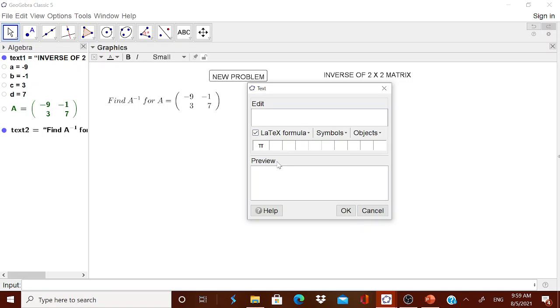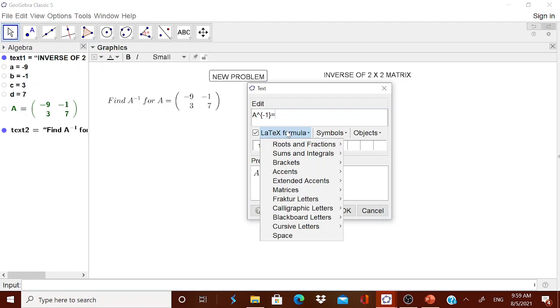Once again, LaTeX formula. Now you can go for A inverse is equal to. Now this X should be converted into capital A, and you are seeing the changes being made whenever you do the changes.